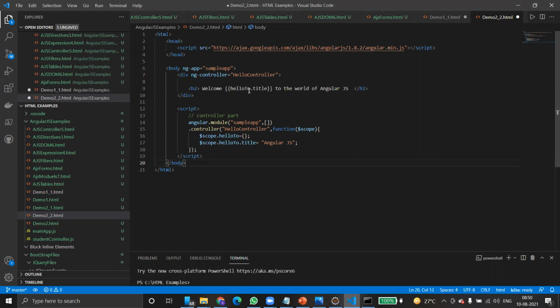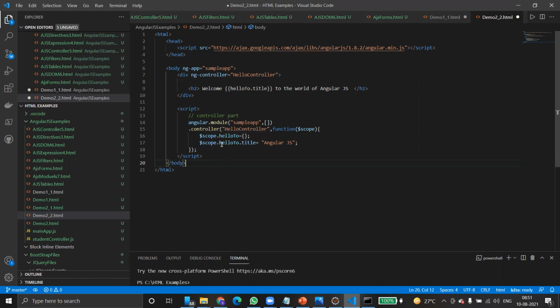Whenever you load this page, the entire HTML page gets loaded, and then AngularJS first registers all the functions. JavaScript simply registers all the controller functions. Then it checks whether any AngularJS app is there or not. Yes, it is there, sample app. Does it have any controller attached? Yes, of course, the AngularJS app has a controller. Then invoke that function. Yes, invoked. Whenever you invoke, what happens? It just assigns some value to the variable.